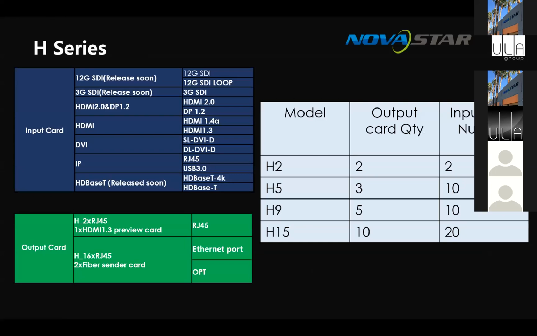As you can see, the cards, there's SDI coming. The IP card's going to get some extra protocols added to it shortly as well. That will allow some of the more standard video IP-based protocols. There's also a preview card in there as well. That's an option. So as you can see there from the different size frames, you can see the output cards there. So if you've got the big frame with 10 output cards, that's 10 4K screens that potentially you can run off this.